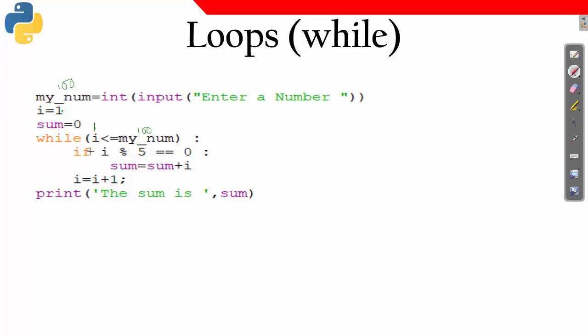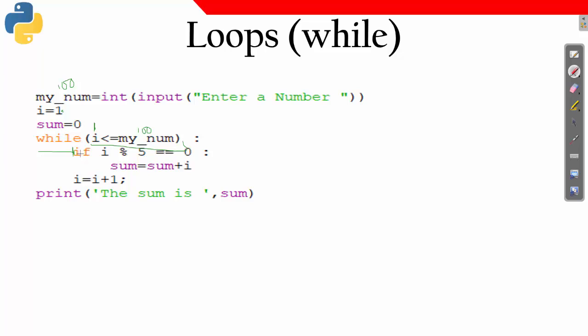First the I value is 1, next time it will be 2, next time 3. So as long as I value is not 101, it will be continuing. So 1 to 100, this condition will be satisfied. This is the indentation that I have given.